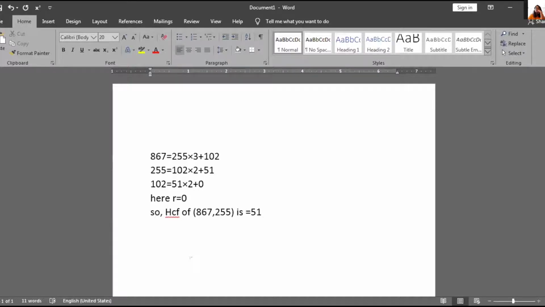See, the normal division and the HCF division are different. To get the minimum remainder, the remainder in each step should be less than the divisor. When you're doing normal division, the remainder should be less than the divisor, right? Even after the normal division, when the remainder is not 0, in your next step you take the divisor of the first step and put it as the dividend. So that becomes the HCF division. So normal division will not give us the HCF. Pratyush, very good.